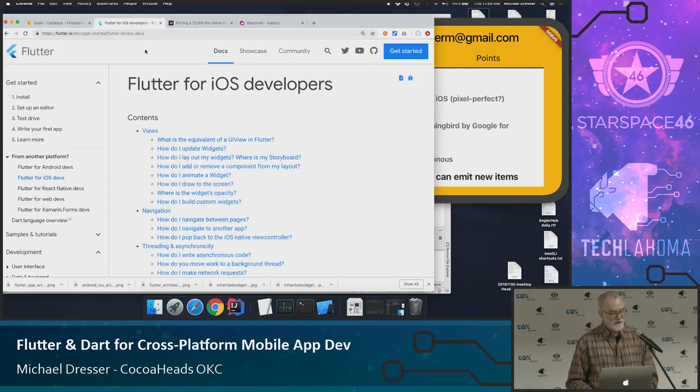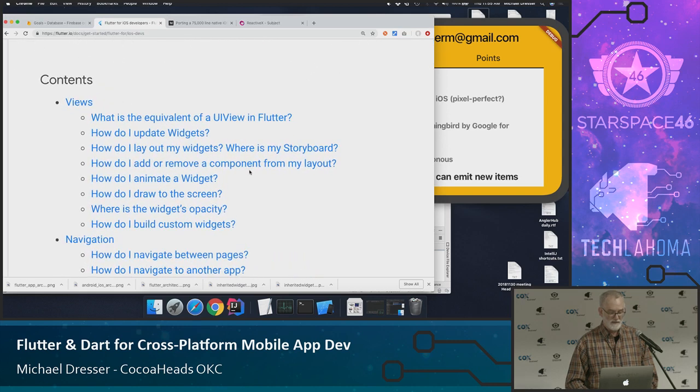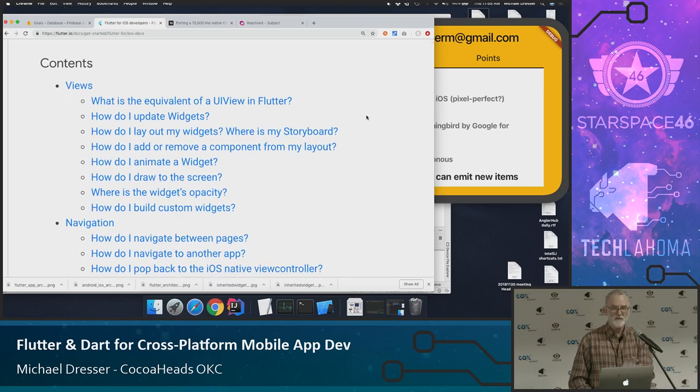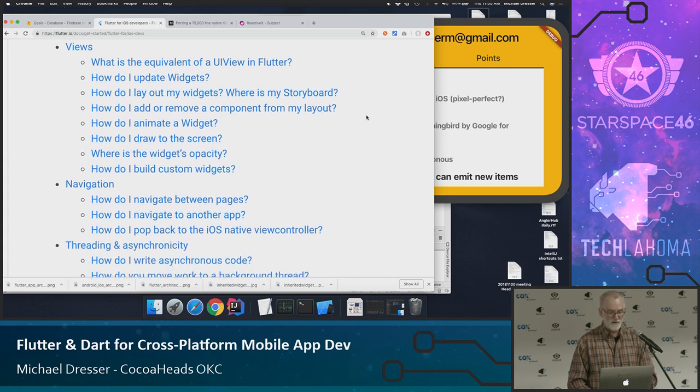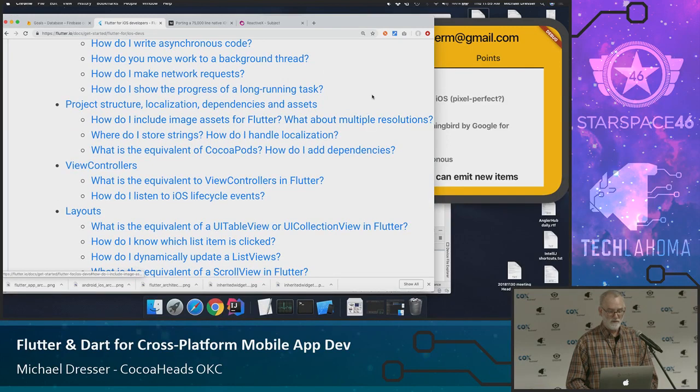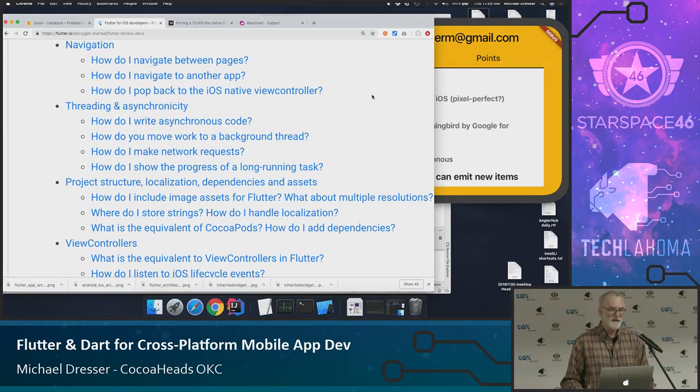If you go to the flutter.io website, you can easily navigate to Flutter for iOS devs, and basically that will answer a lot of your questions. It draws parallels between what you're currently doing in iOS, how you develop in iOS, what the parts are, to make it easiest for you to gear up. And I will say it again, Dart is a friendly language. It is not a hard language. If you know Swift, then you basically can step into this and start developing right away.